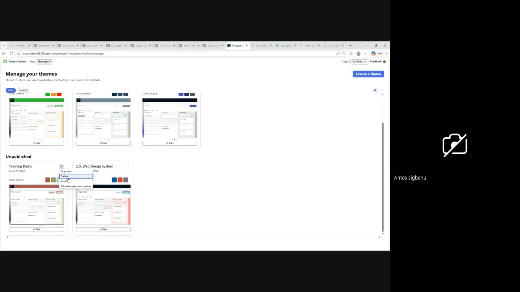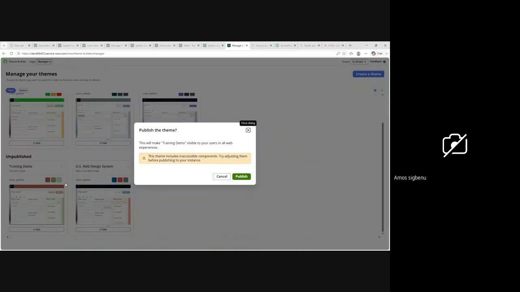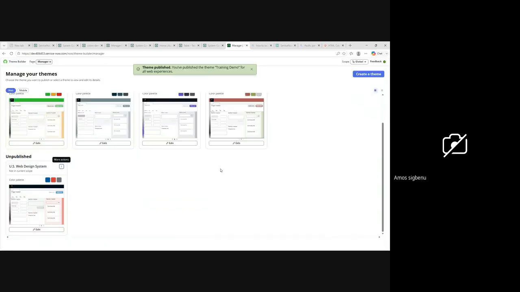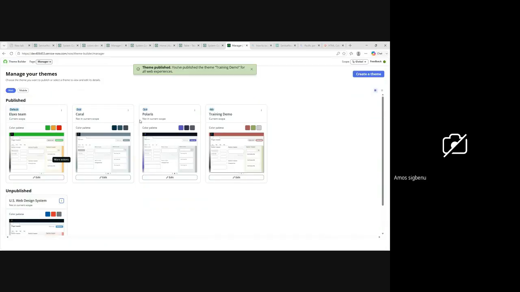Now I'm going to come here and say publish. I'm going to publish it and make it relevant. Like I can actually pick from it. Like it's easy for you to choose from that if it's being published. But if it's not published, you can't. You won't be able to see it. You won't be able to pick it. You know, you can't apply it. That's the easiest word to use. You can't apply it. So when I click on publish, now I've got one that was in use before,